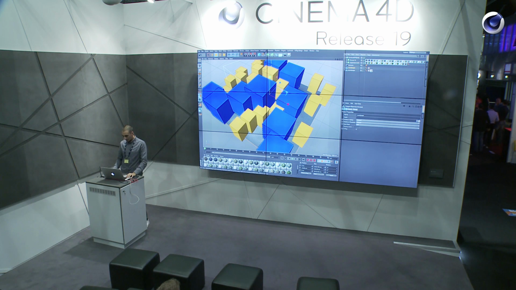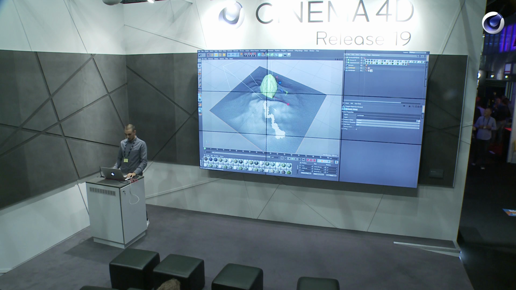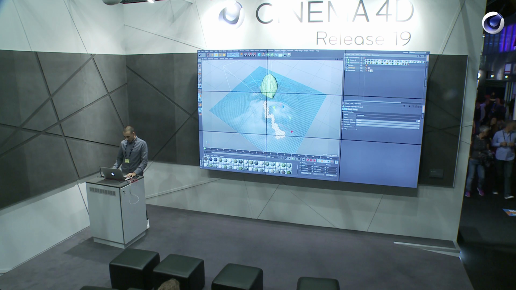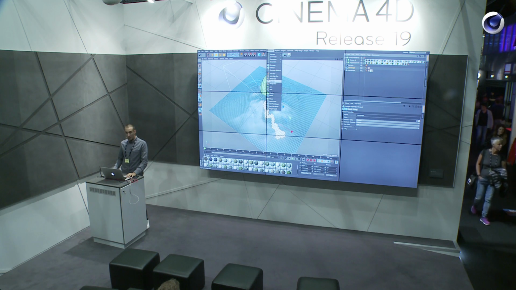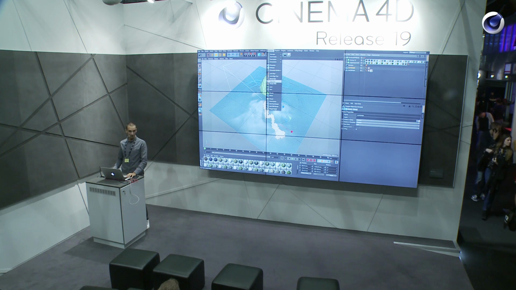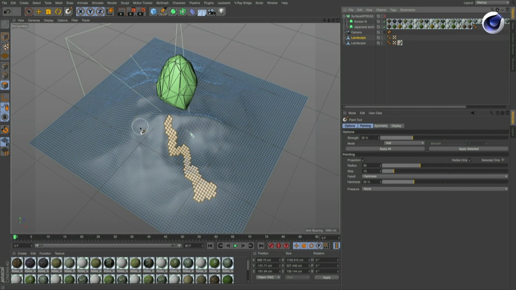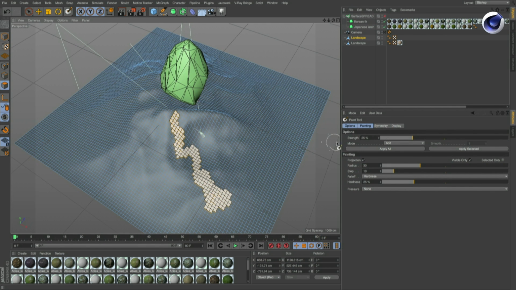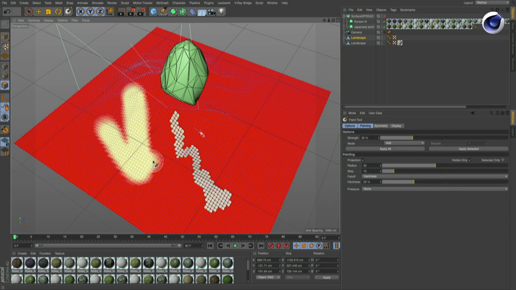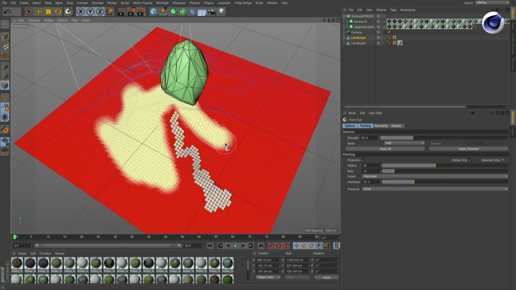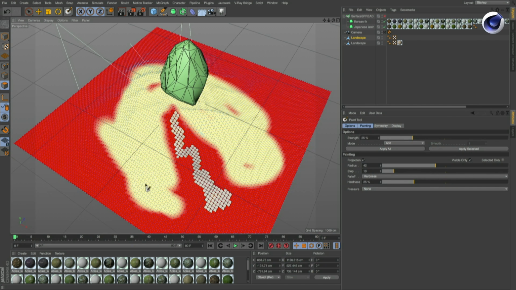So I turn off surface grid, take my landscape, maybe in polygon mode, and inside character, paint tool. Did anyone use the paint tool? No, great. So the paint tool is a powerful tool, and you can control the radius of your brush, the strength or similar. And you can paint. OK, I'm not so good with the mouse. I feel better with the tablet,